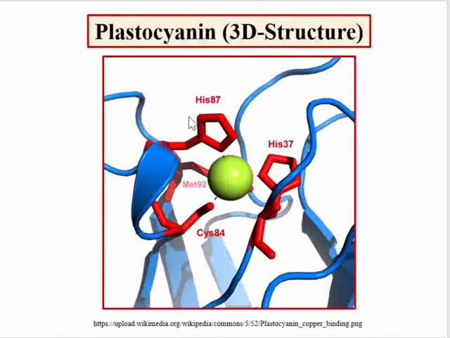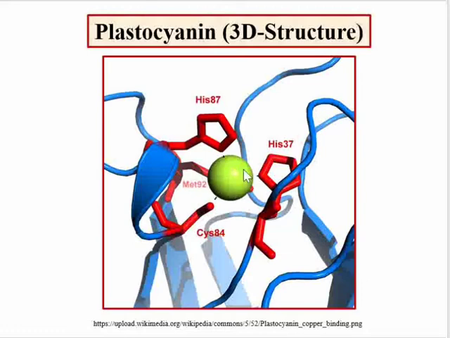I had told you that in the reduced plastocyanin, this histidine 87 gets protonated. If the nitrogen of this histidine 87 gets protonated, it can no longer bind to this copper center, and then the geometry will become trigonal planar. So the reduced form of plastocyanin is trigonal planar because this histidine is not bound to the copper center, but its oxidized form has the distorted trigonal pyramidal geometry. So this histidine in the reduced form can protonate, and then it cannot further bind to the metal center.